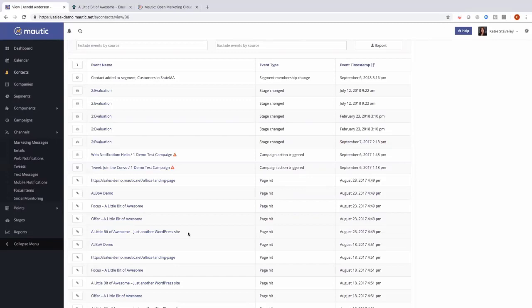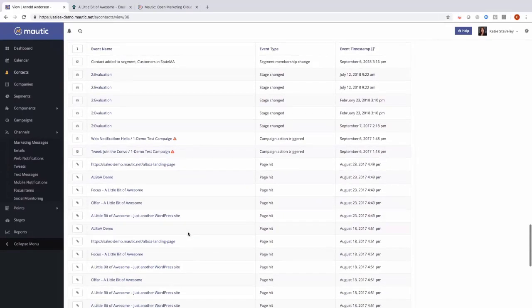So if you have a main company domain or a main organizational domain, and you have sister properties, things that might be marketing websites or product websites, you would be able to apply that Mautic tracking pixel to all of those web properties and collect information on your users as they're moving through those different websites. All of that information is collected, so Mautic does capture information on unknown visitors as well as known visitors. Once an unknown visitor becomes a known visitor, all of the information that had been tracked prior to that point in time would be added to the contact record, as well as anything new that person does on your website